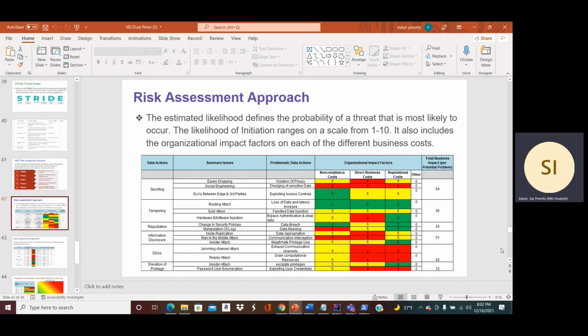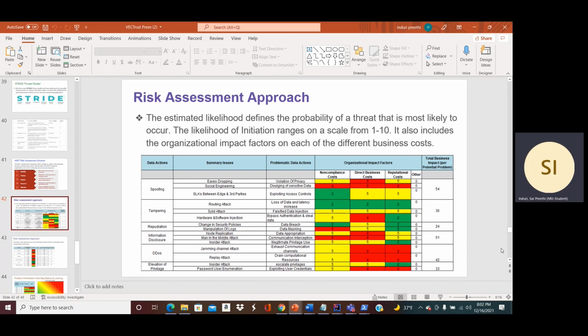So in the spoofing category, the possible attacks are eavesdropping, social engineering, and service level agreements between edge and third parties. And due to this, the violation of privacy, divulging of sensitive data, and exploiting access controls are the problematic data actions, for each of which we have given out the organizational impact factor score, and the total business impact for spoofing is 54.